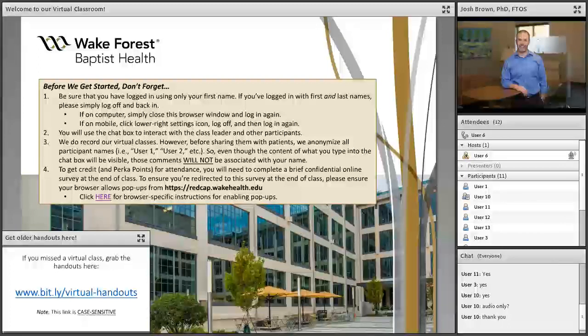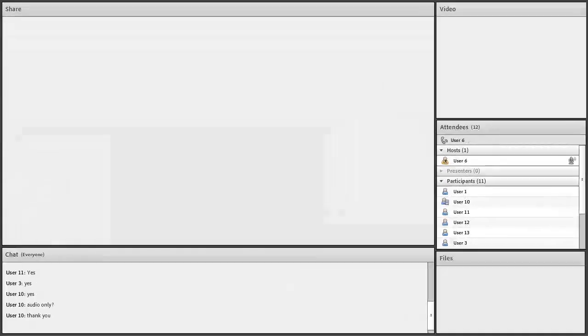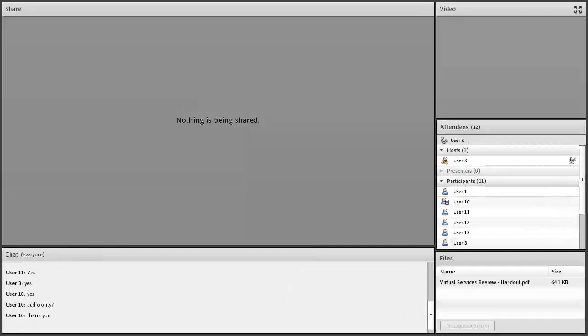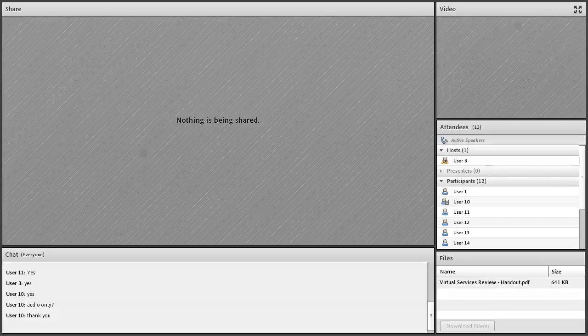Okay, so now let me go ahead and cut over to, I'm just going to quickly bounce on this screen here. For those of you who are on a computer, you'll see a files box down in the bottom right-hand corner, and you can download that file that you see there. I'll give you just a few seconds to do that. You just double-click it and download it, save it, print it. Again, this is in that cloud-based folder that I just went over, so you can always access it there at a later time. And those of you on mobile devices, that's where you'll need to go to get it.